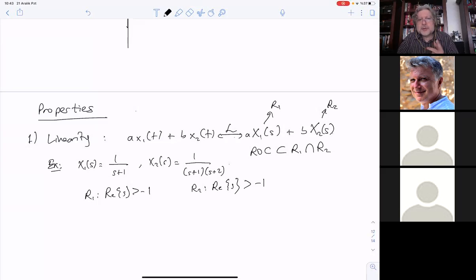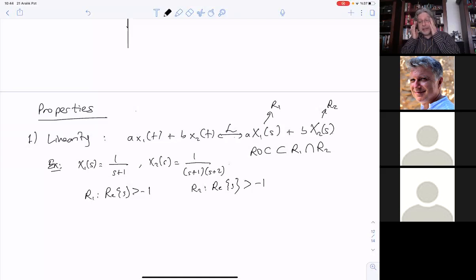Because we have two poles, one of them is -1, the other one is -2. It's to the right of -1 intersection with to the right of -2, which is to the right of -1. So we have these two poles, two Laplace transforms, and their regions of convergences tell me that it is to